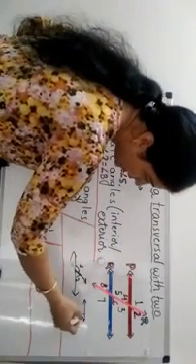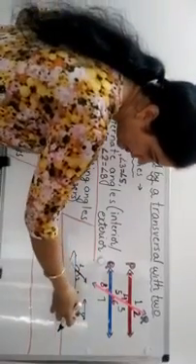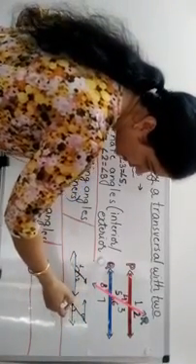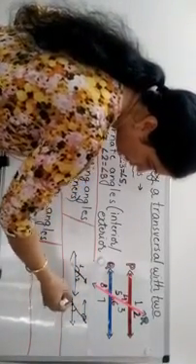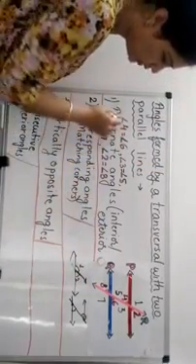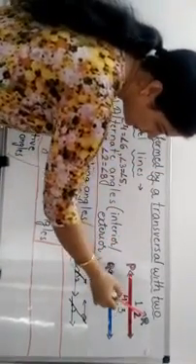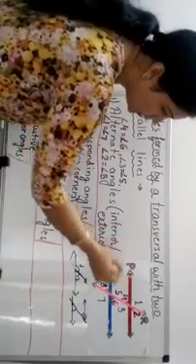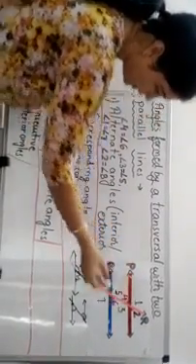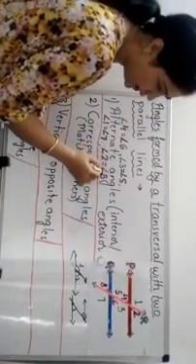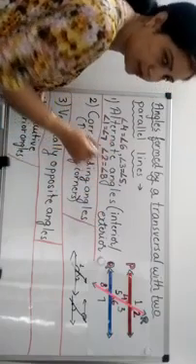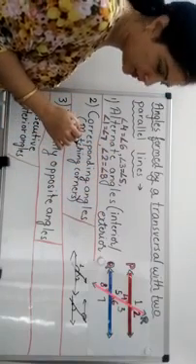They are making a Z, and the corners of these Z's will be called the alternate angles. If it's on the inside, they will be called interior angles; if they are outside, then they will be called exterior angles. So here angles 4 and 6 and 3 and 5 are called the interior alternate angles, and 1 and 7, 2 and 8 are called the exterior alternate angles. I hope this is clear, guys.